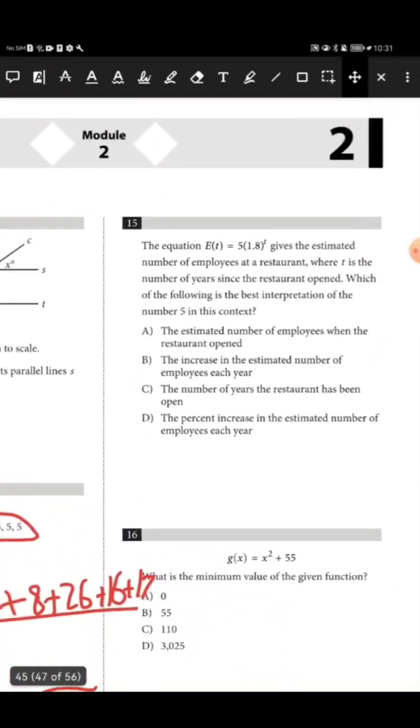The equation E(t) equals 5 times (1.8) to the power t gives the estimated number of employees at a restaurant, where t is the number of years since the restaurant opened. Which of the following is the best interpretation of the number 5 in this context? So for an exponential function of the form E(t) equals 5 times (1.8 to the power t),